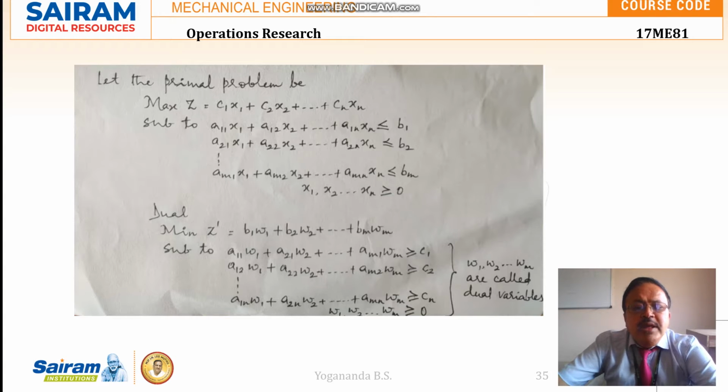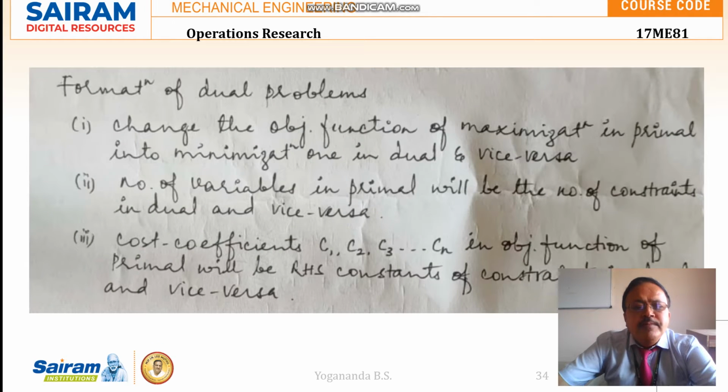In place of x1, x2, x3 we have w1, w2, w3, the dual variables, whereas x1, x2, x3 till xn are the primal variables. So a11 w1 plus a21, so a11, a21 till am1 will be written as the constraint here.